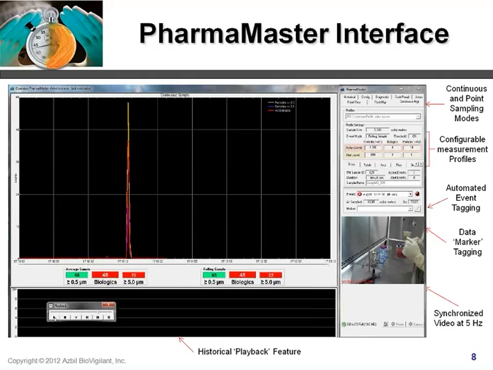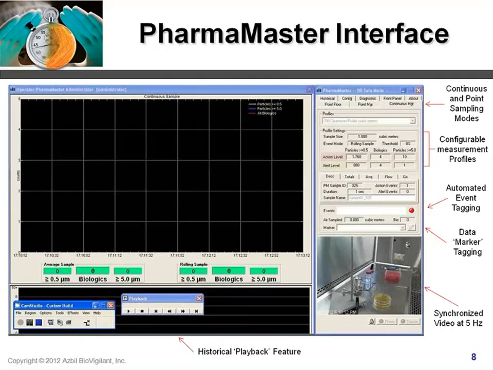So under normal measurement methodologies, perhaps using a settle plate in the biosafety cabinet or any other method, the odds of detecting this excursion within your biosafety cabinet is really low. So you probably wouldn't even have an indication that there was risk to the operation or product that was inside the safety cabinet. So over on the right-hand side of the screen, the PharmaMaster interface, you can see what we